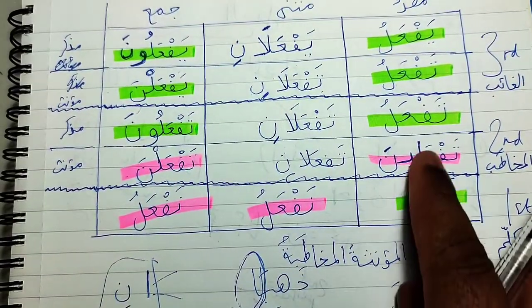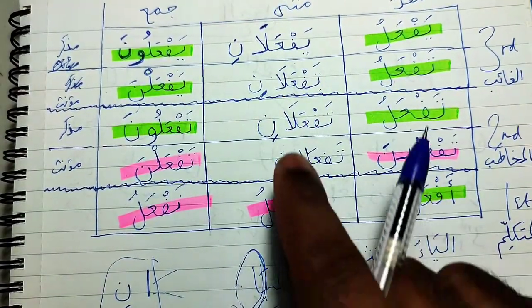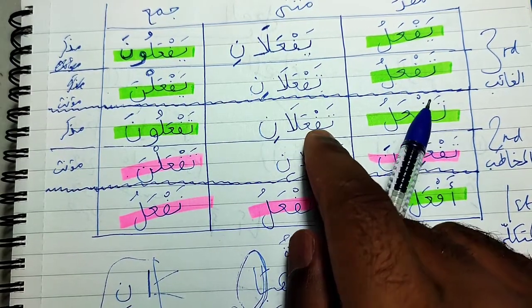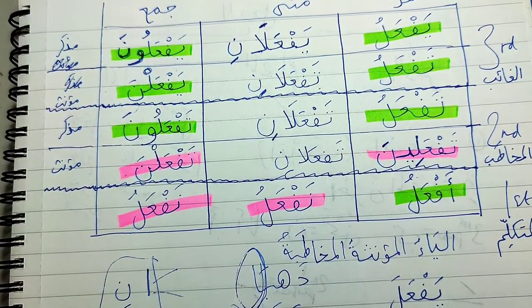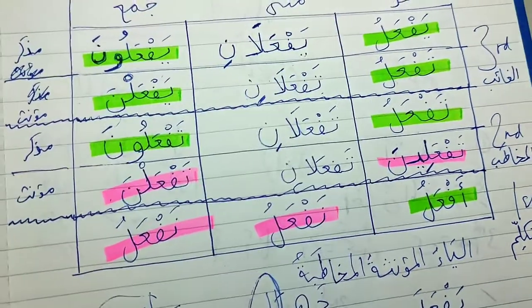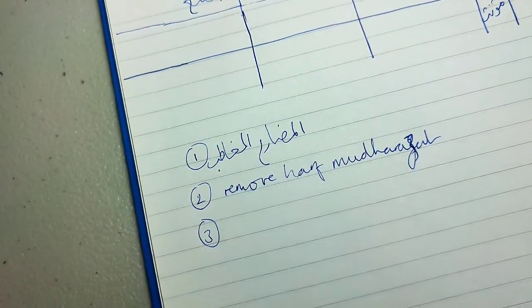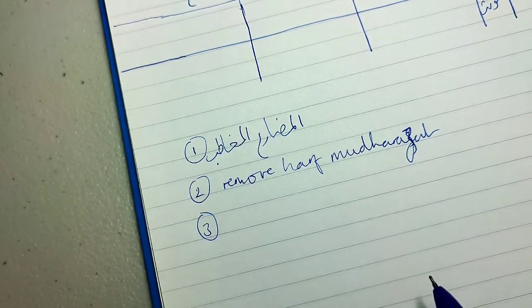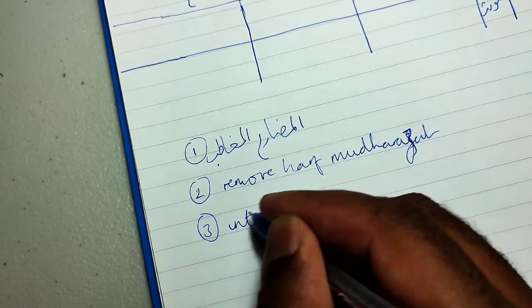So once we've removed the harf al-mudara', what happens is we're going to have fa with a sukun. The fa is going to be there with the sukun. And the Arabs, they don't begin words with sukun. They find it difficult to pronounce such words. F'alani, f'aluna, it's going to be very difficult. And for this reason, they bring a hamzatul wasl. We need to introduce a hamzatul wasl for step number 3. Why? Because after removing harf al-mudara', the verb starts with a sukun, and the Arabs, they don't begin words with sukun. So we need to introduce or prefix